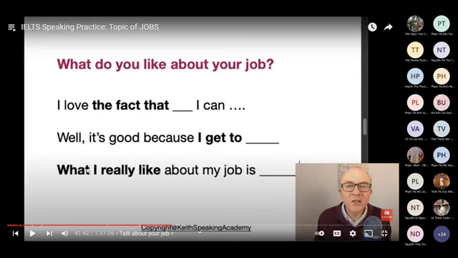Và nó phải có một cái từ dẫn nhập phía trước này, từ what ở đây để nó nối với mệnh đề chính. What I really like about my job is something, right? Is flexi time. Is that I can get promotion, right? Or I can get a high salary or something. So, what I don't like about my job is, hay là những gì mà tôi không thích về công việc